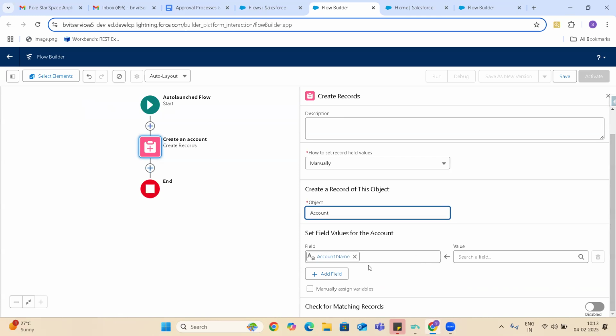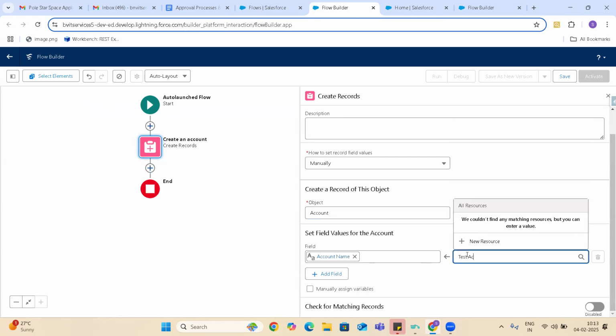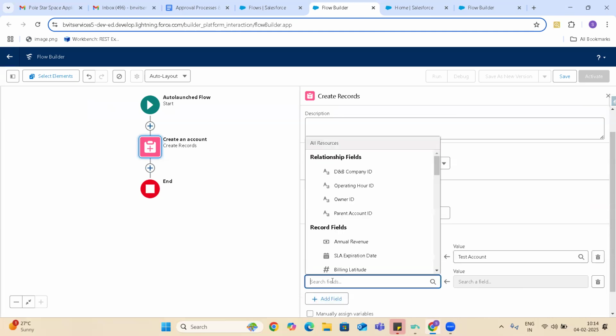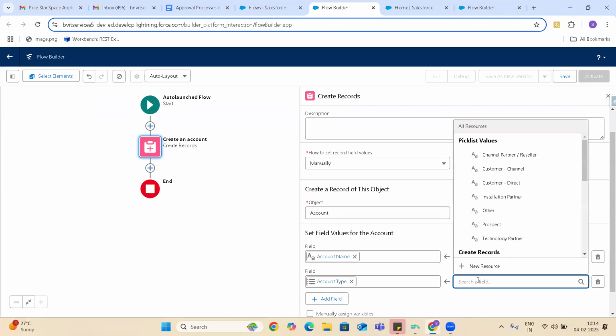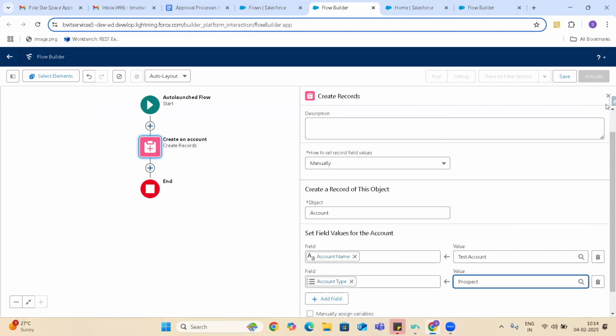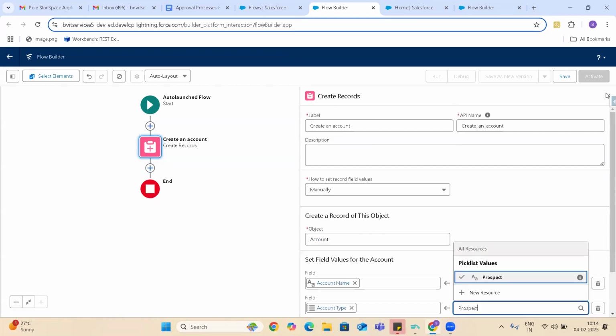Then I have to give the names, test account, and then I can add the rest of the fields also. For example, type prospect account. Okay. Then I can simply